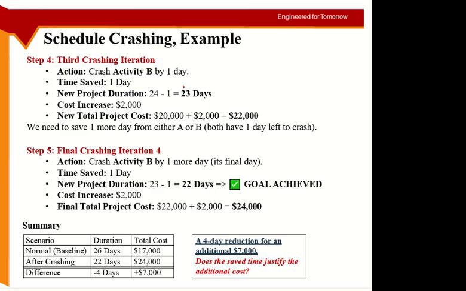Activity A or B, they have the same extra cost per day, and both of them can be reduced by 2 days only. I wanted to bring the duration from 26 to 22 days, so in the end I have to reduce by 4 days. I already did it for activity C by 1 day, so I have to reduce by 3 more days. You can do it for 2 days of A and 1 day of B, or the other way around, because you are not changing the